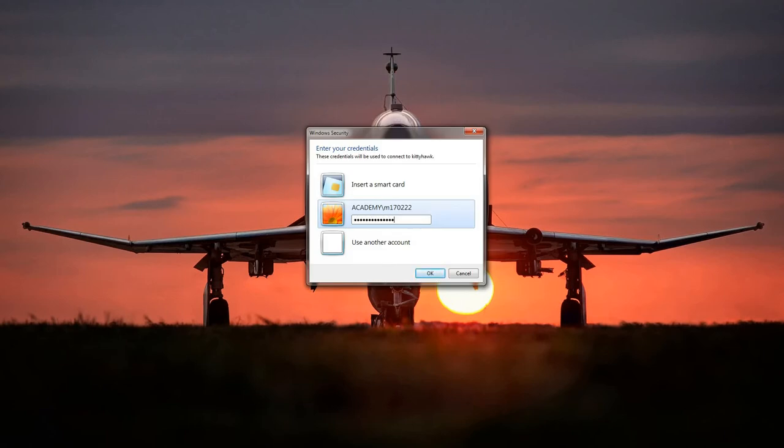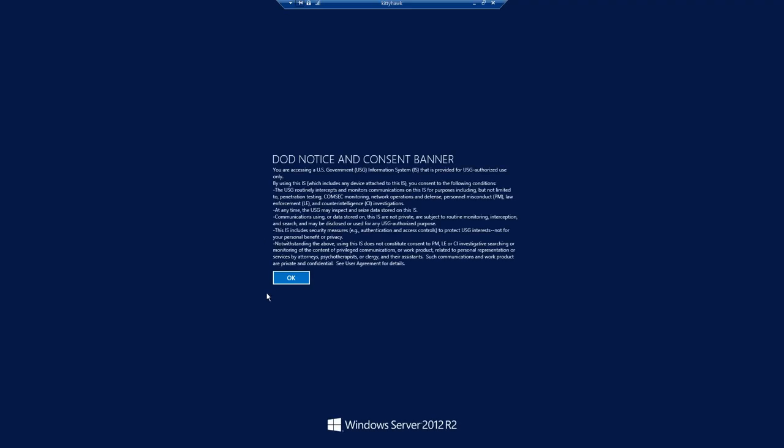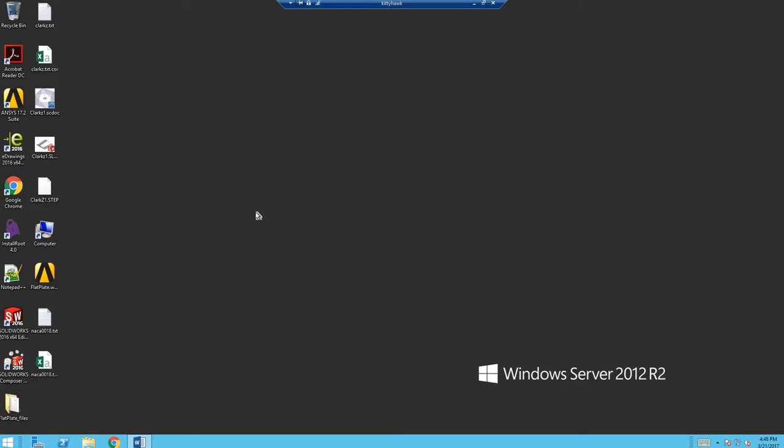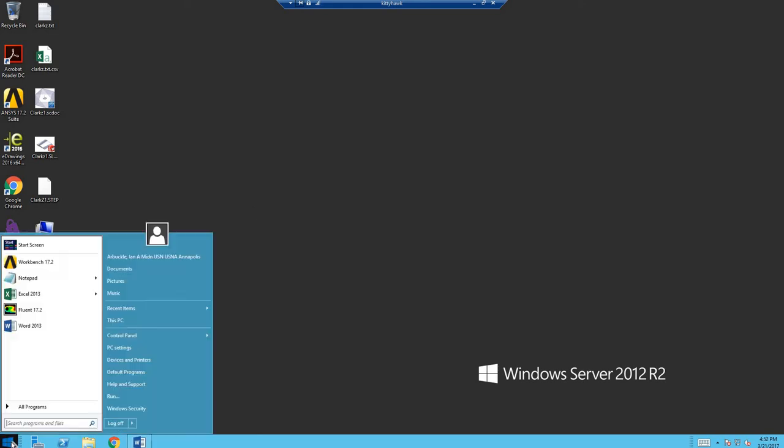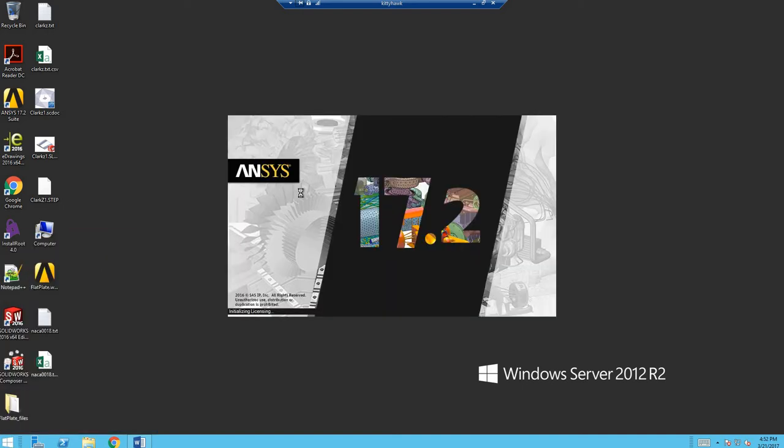So just going to sign in, and this is the desktop for the Kitty Hawk computer. And so you just go into Programs and search Workbench. It'll be pre-installed,